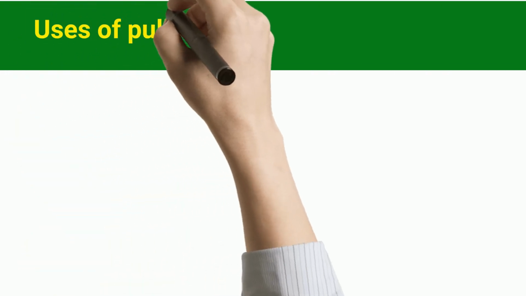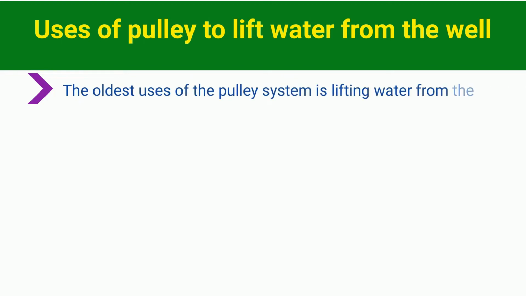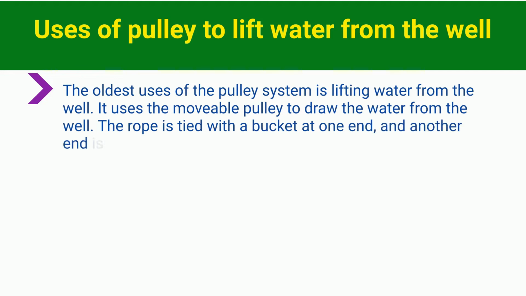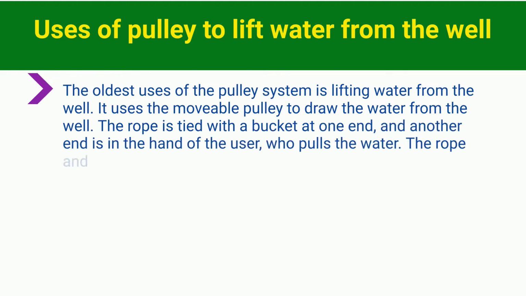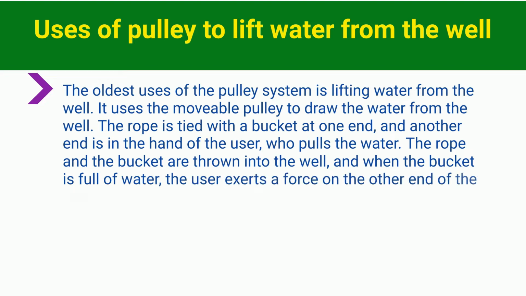Uses of pulley to lift water from the well. One of the oldest uses of the pulley system is lifting water from the well. It uses the movable pulley to draw the water from the well. The rope is tied with a bucket at one end, and another end is in the hand of the user,